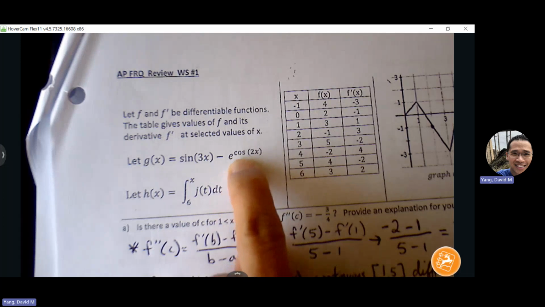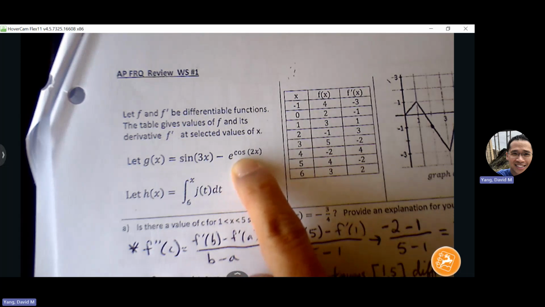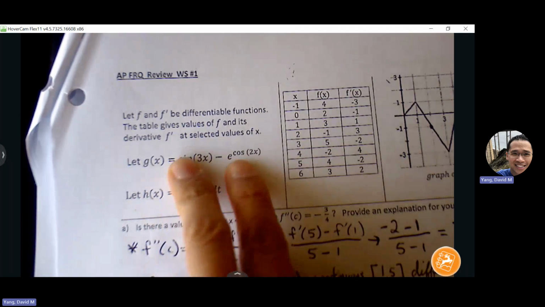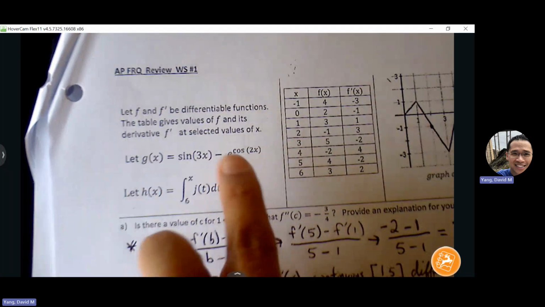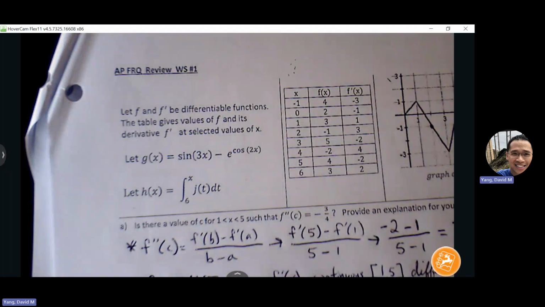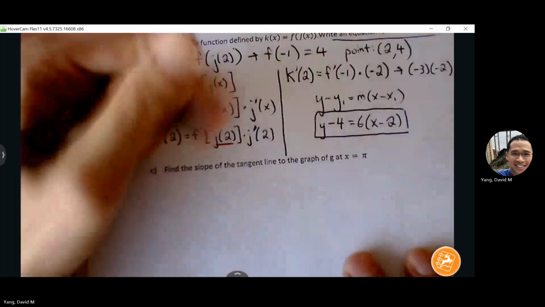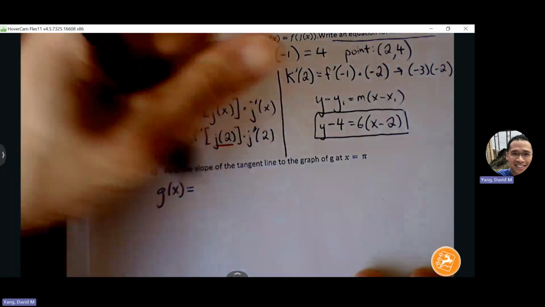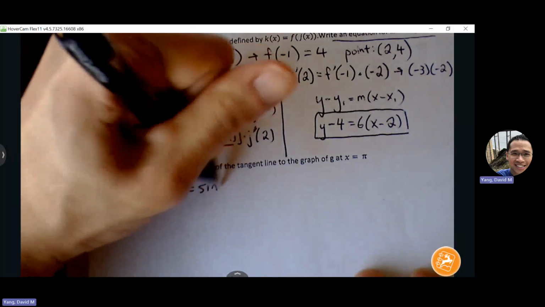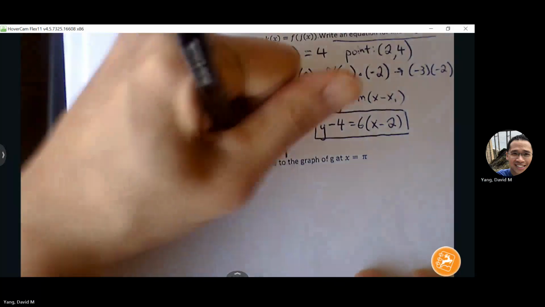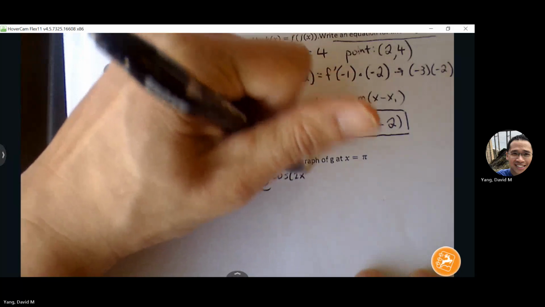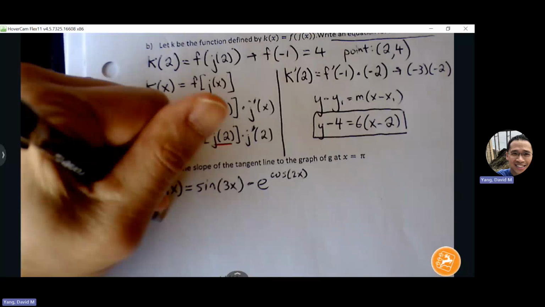Yeah, so this has a little more going on. This is kind of like more of a nested chain rule. But yeah, we're going to go through each derivative. Once we get the derivative, we'll plug in pi, and then we'll try to get it down to a numeric answer. Okay. So let me write everything out here. So g of x is equal to, all right, so g prime